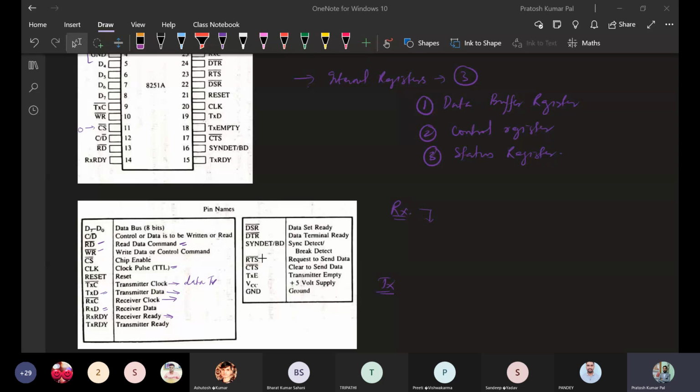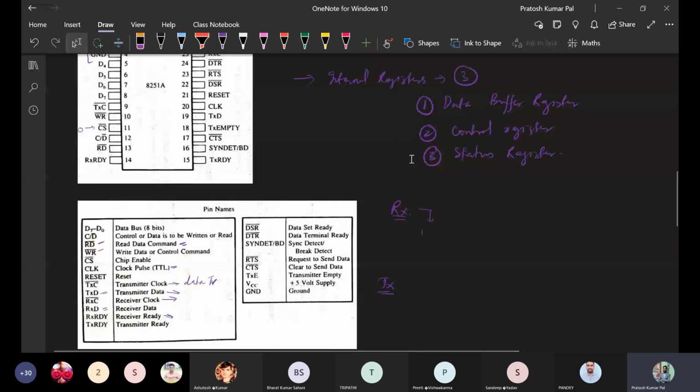Okay, so one is the buffer register and the other, in the case of the receiver, is basically the status register, or we can call it the output register. Similarly, in the transmitter case, in the transmission section, it has two different registers. One is again the buffer. Each of the transmitter and receiver has a buffer register, and along with that, in the transmitter, when it is going to transmit data, that means it is outputting the data. So there will be an output register.